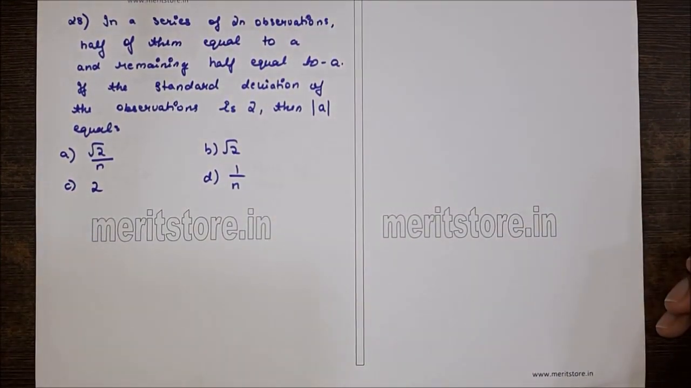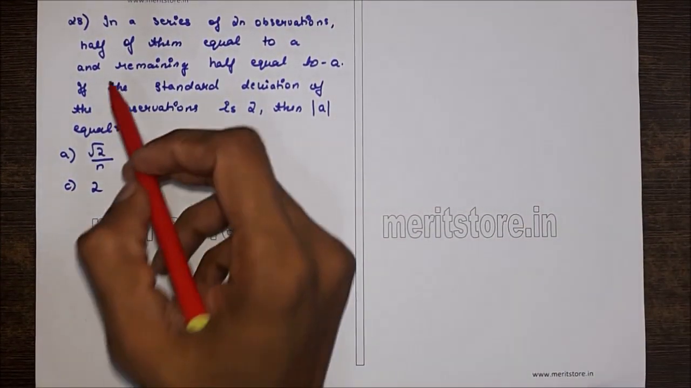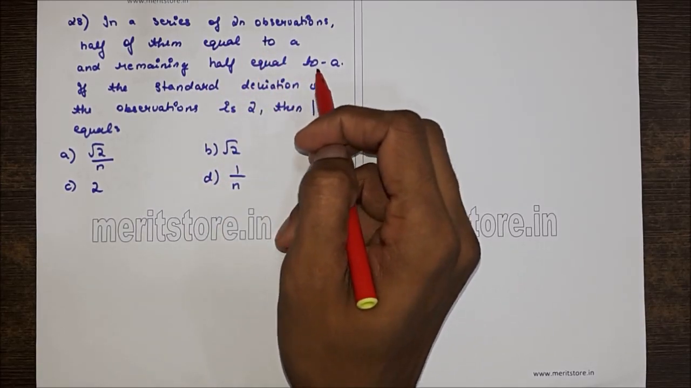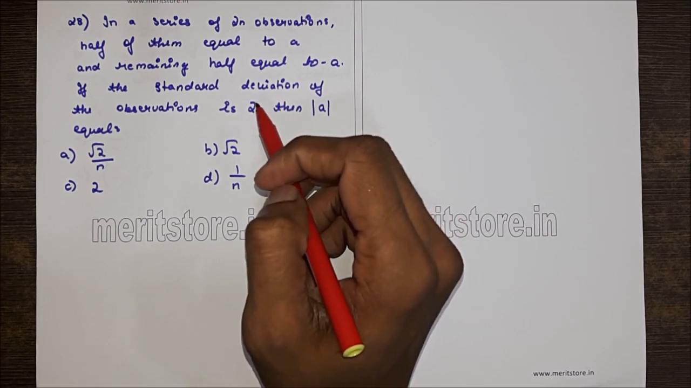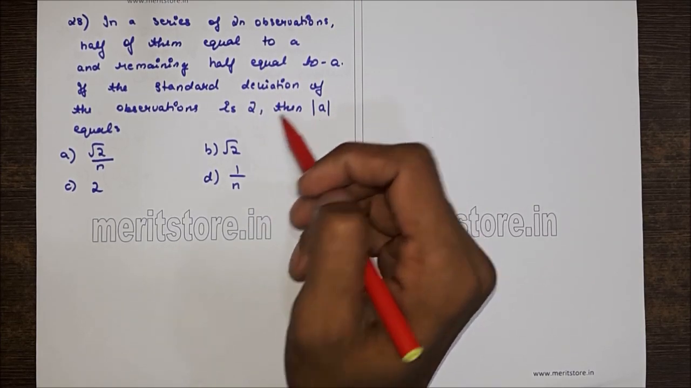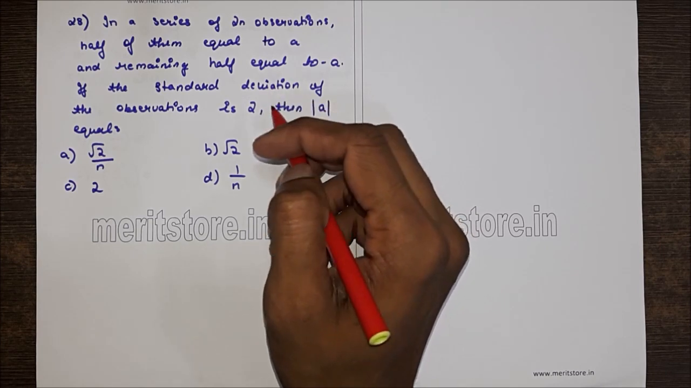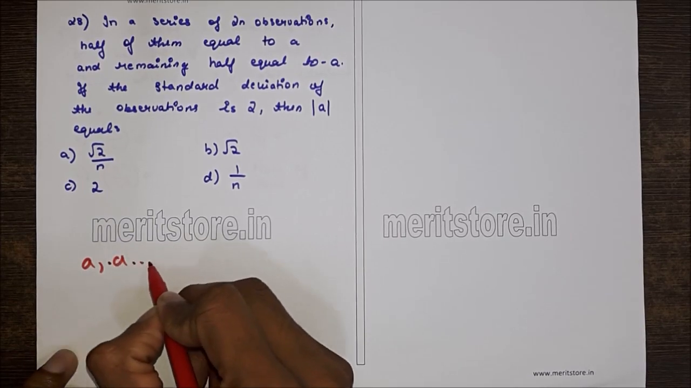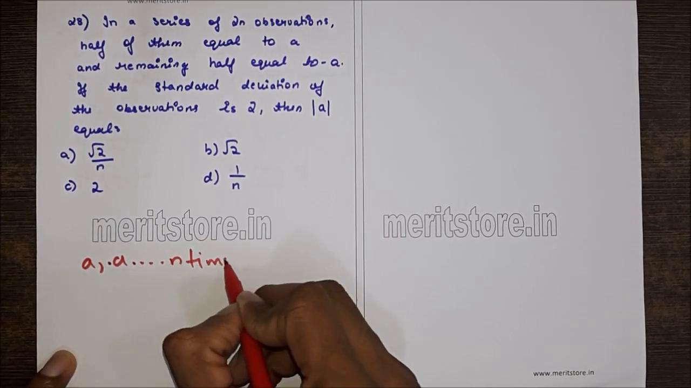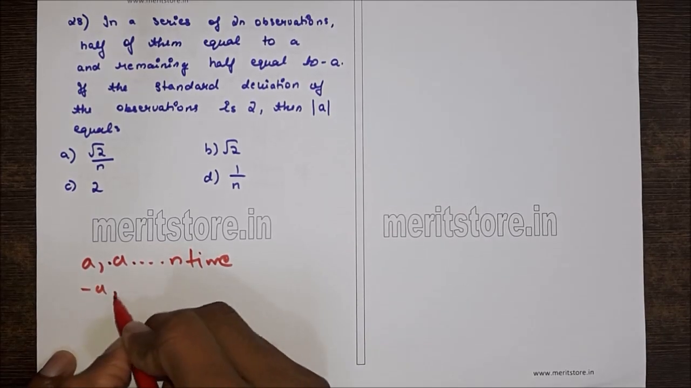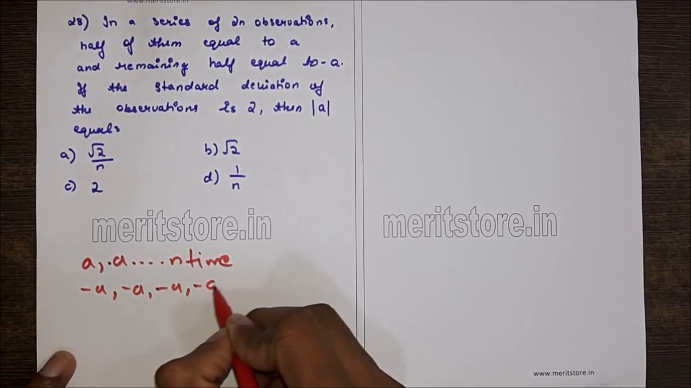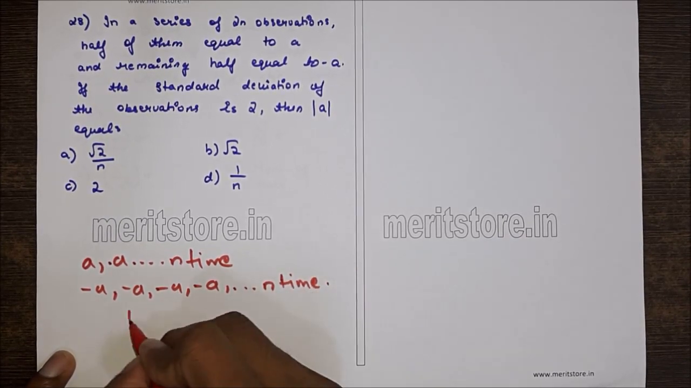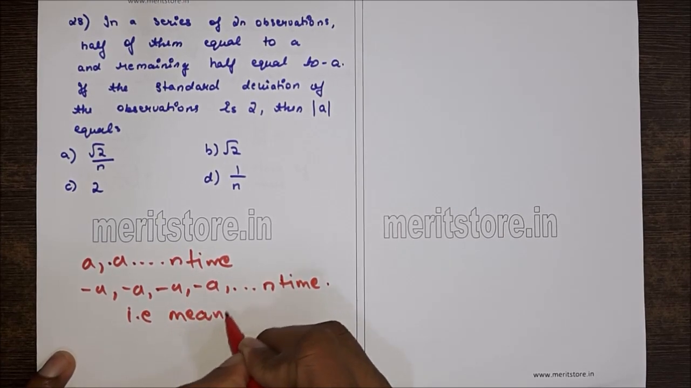Question 28. In a series of 2n observations, half of them are equal to A and the remaining half are equal to minus A. If the standard deviation of the observations is 2, then mod of A equals 2. So let the observations be A, A, up to n times, and minus A, minus A, up to n times. That is, the mean is equal to 0,